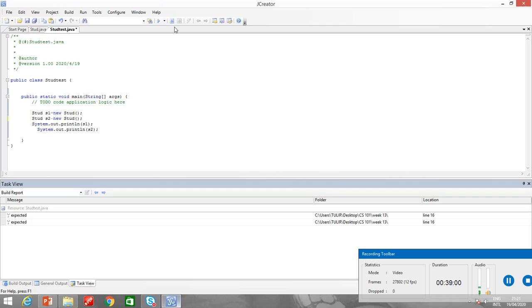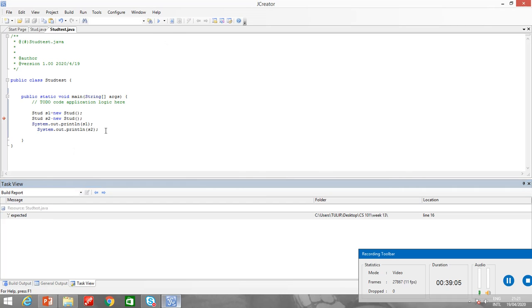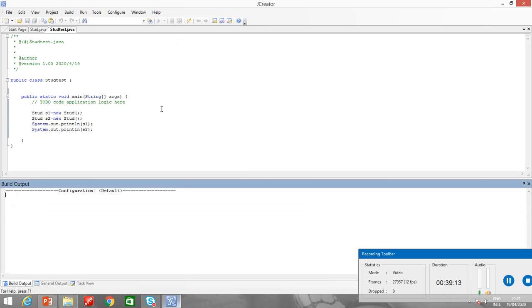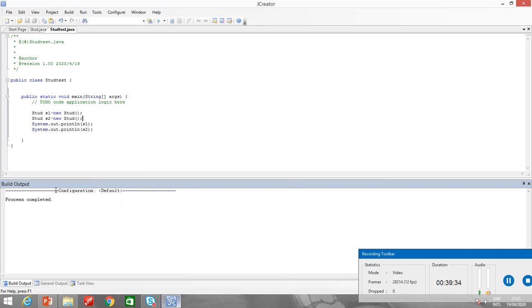Here I'll print the object. Stud s2 is equal to new Stud.